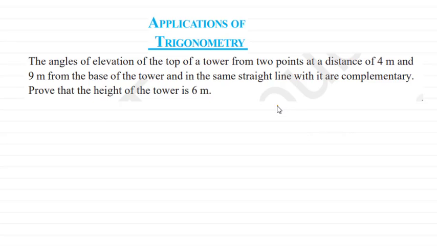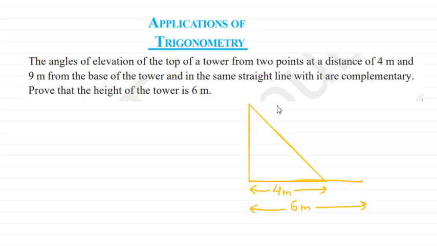So here it is given that the angle of elevation of the top of the tower. So let's first draw the tower. So this is the tower, and then from the 2 points at a distance of 4 meter and 9 meter from the base of the tower. So this is the base of the tower. So let's say this distance is 4 meters, and this point we are taking the elevation angle, and then from the same base at a distance of 6. So this is the distance 4, and then at a distance of 6 meters